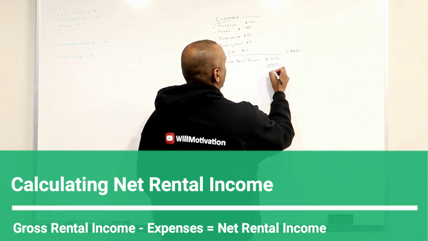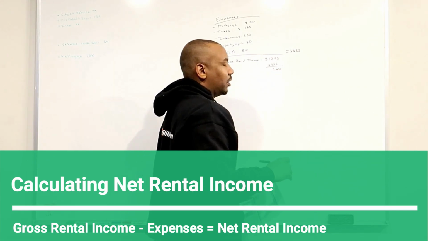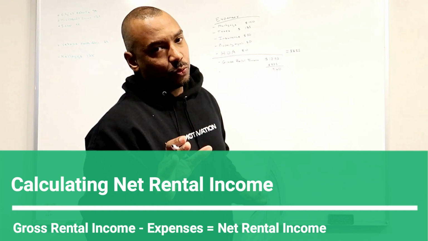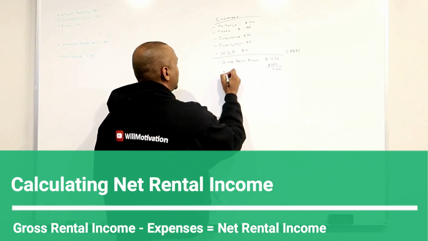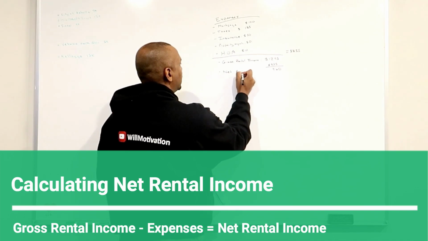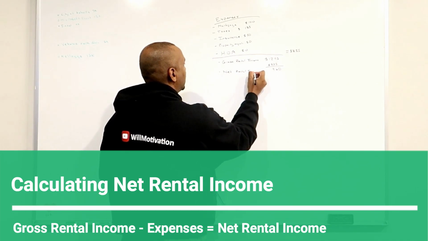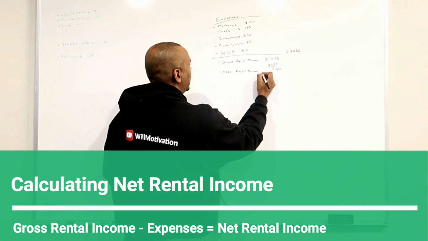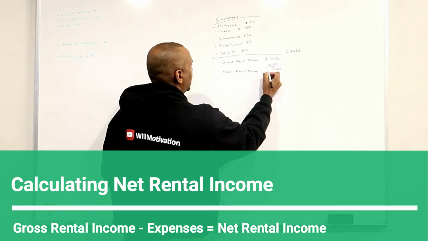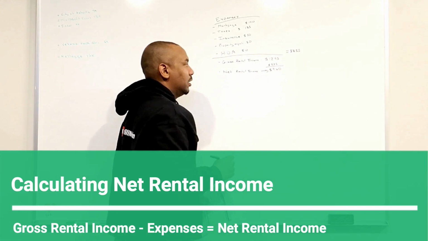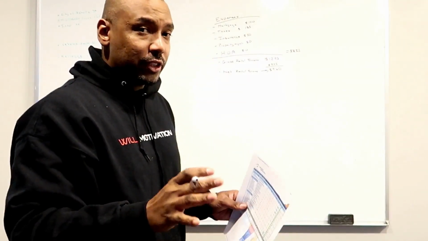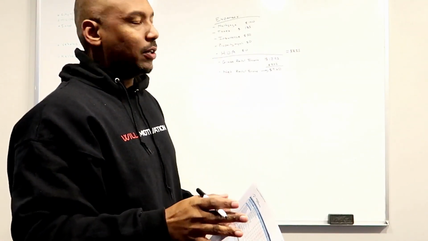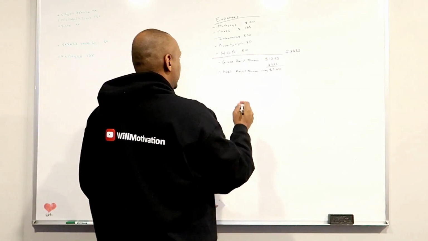12 minus 3 is 9. So my net rental income for this property is $960. So that's net rental income, and that is $960. All right. So in order to calculate your monthly return on investment, it's basically a ratio between your gross